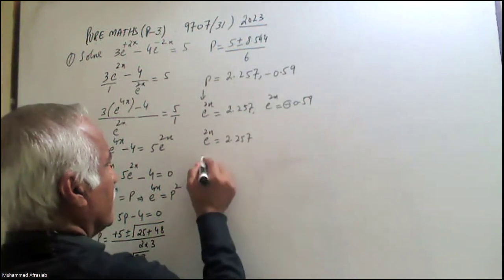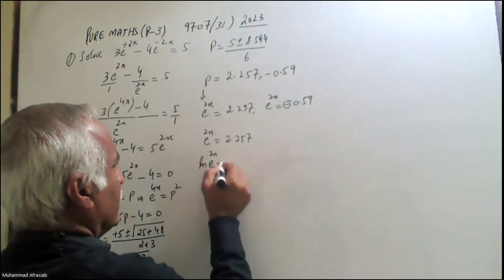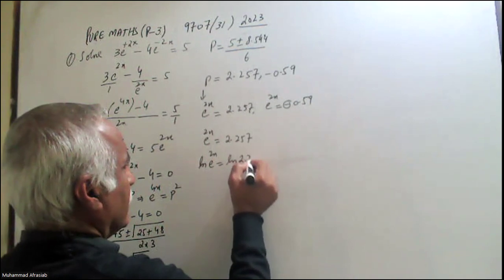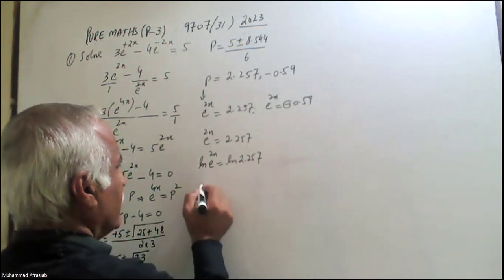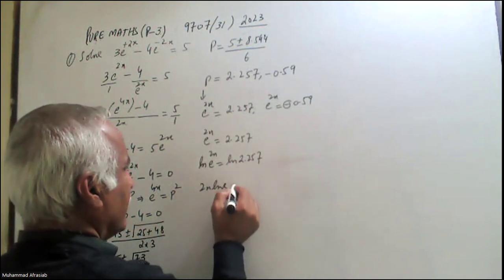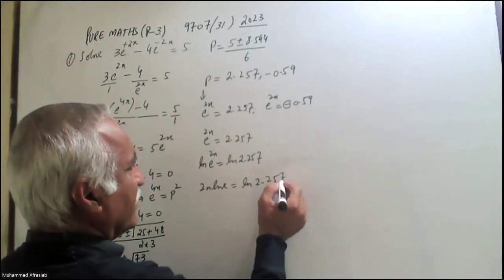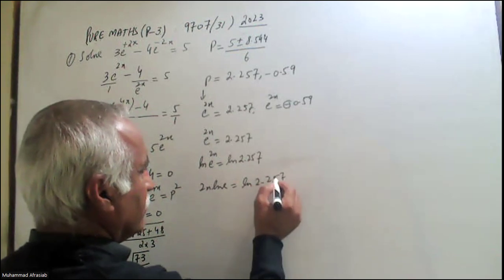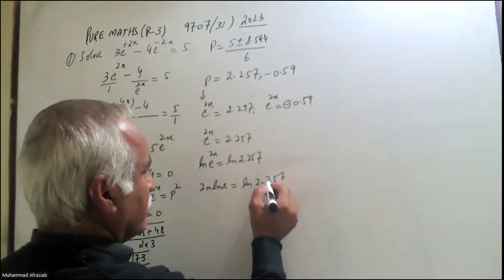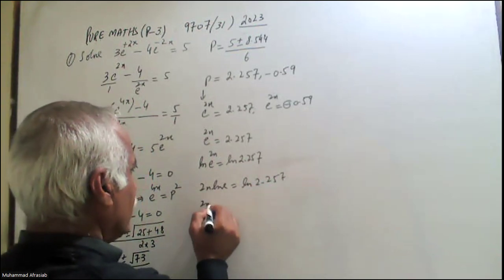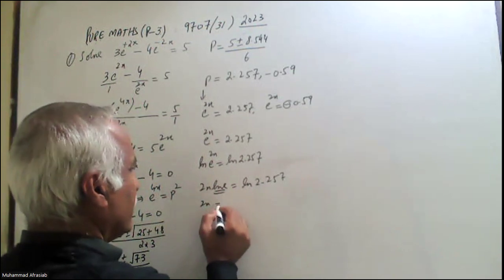Taking log on both sides, this will become 2x ln of e is equal to ln of 2.257, or 2x, since ln of e is 1,